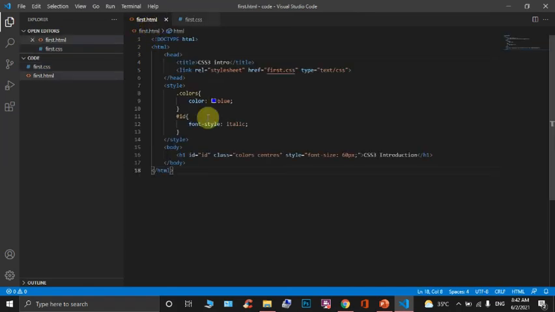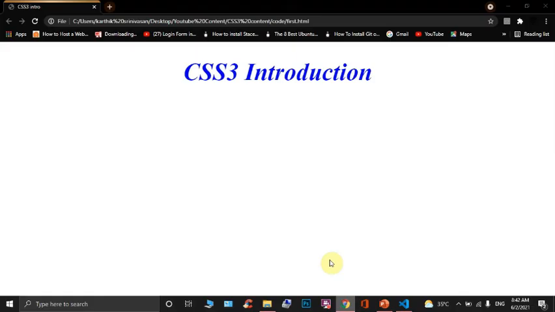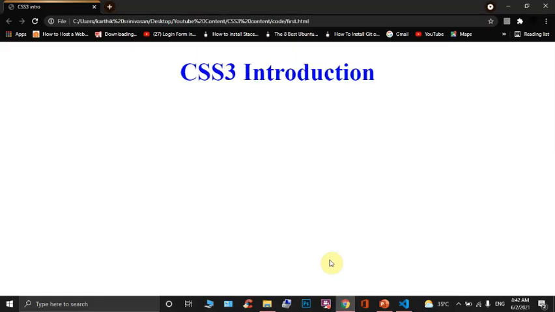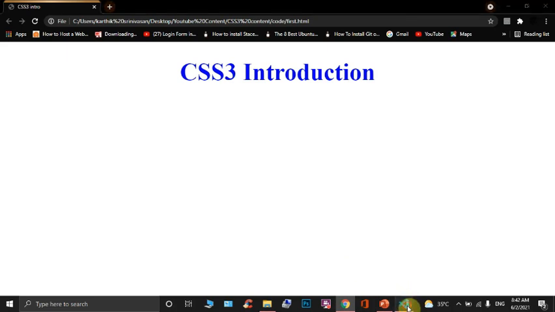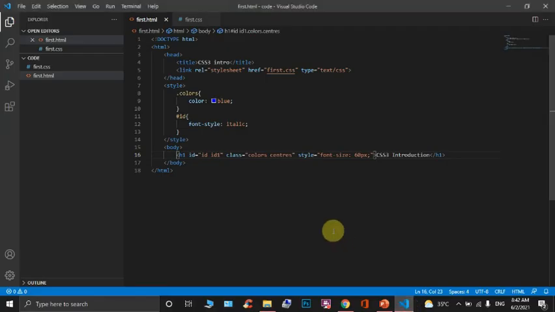Now we are going to see the difference between ID and class. Now including ID1 in the ID attribute, it is not working. If we include two IDs in a single ID attribute, it will not work. So this is the difference between ID and class.